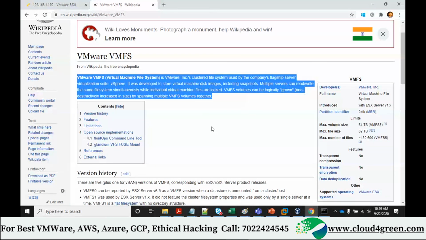VMFS is a clustered file system used by the company's flagship server virtualization suite, vSphere. It was developed to store virtual machine disk images, including snapshots.